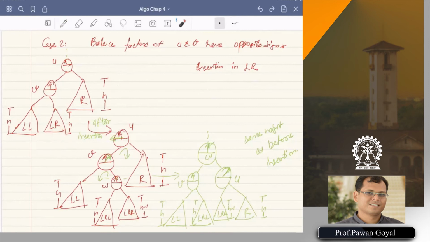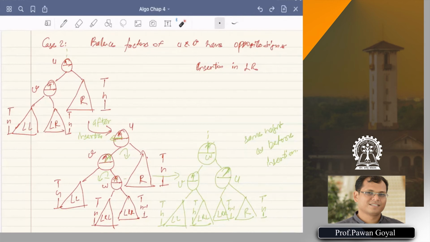LRL will come here, LRR will come here. In this case, LRL will become H minus 1, LRR will become H. So it does not matter too much. We will have a minus 1 sign and a 0 sign, but W will have the same sign.